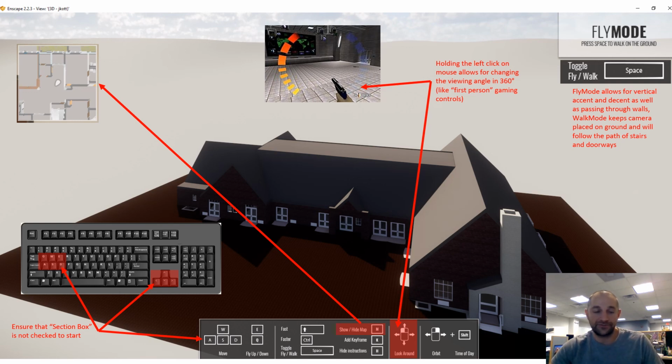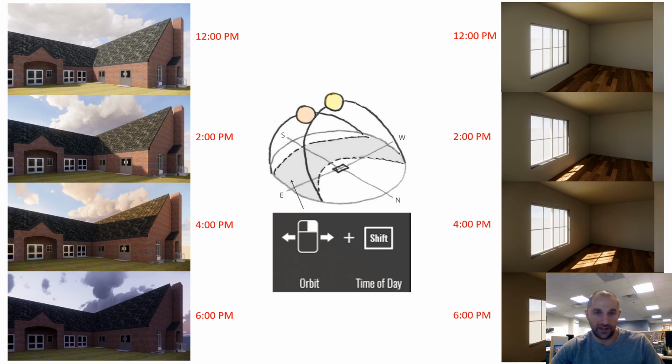If you were to hold down the shift button while you press the right mouse button, you're going to be able to change the time of day. This is a really powerful functionality in Enscape, as the lighting quality, particularly when the materials have been applied with reflectance and all the great features that are available, you're going to have some really powerful imagery. So by holding down the shift button